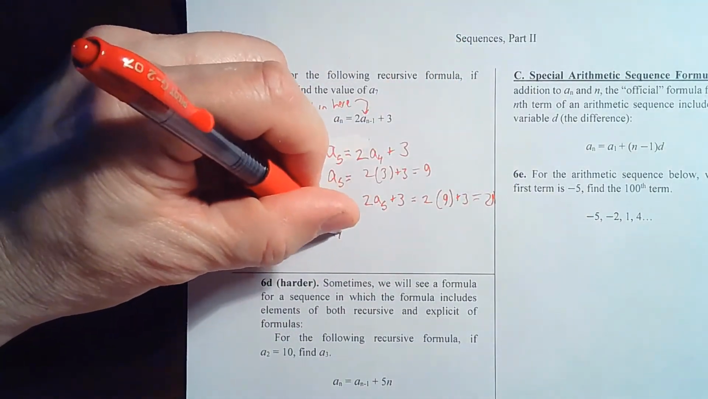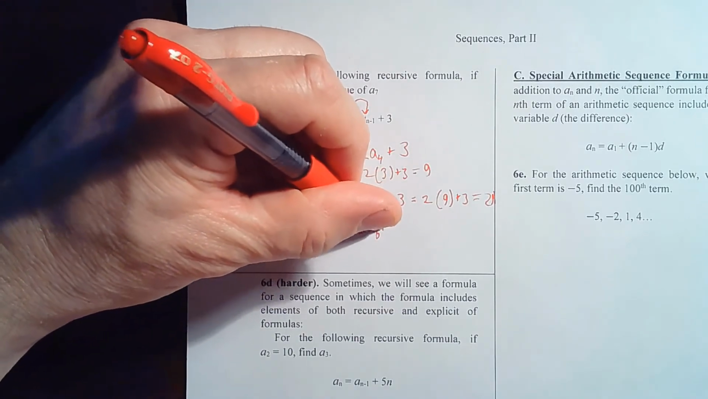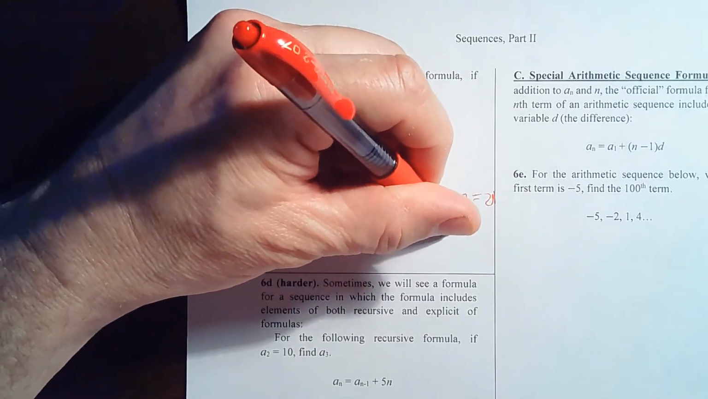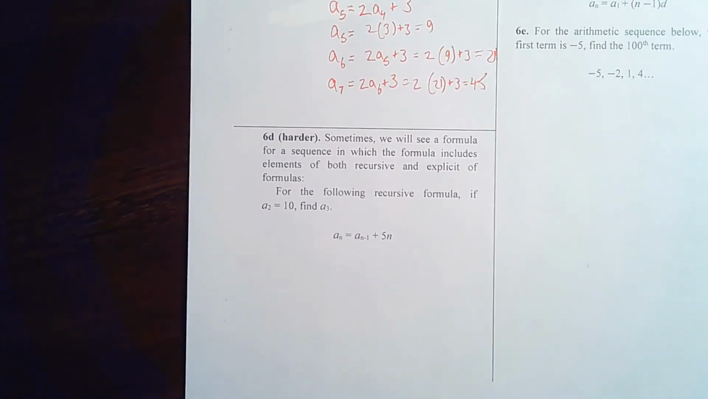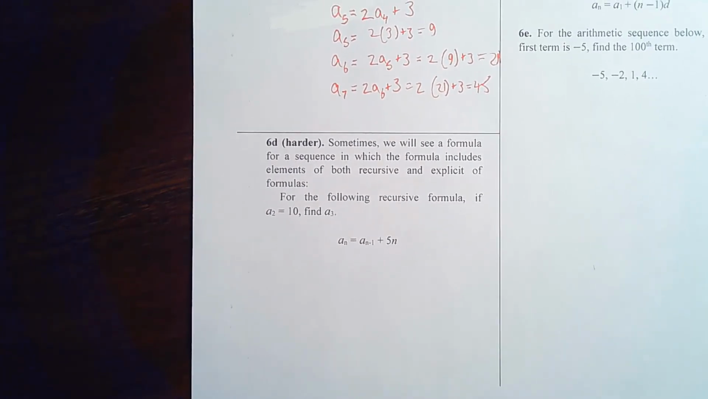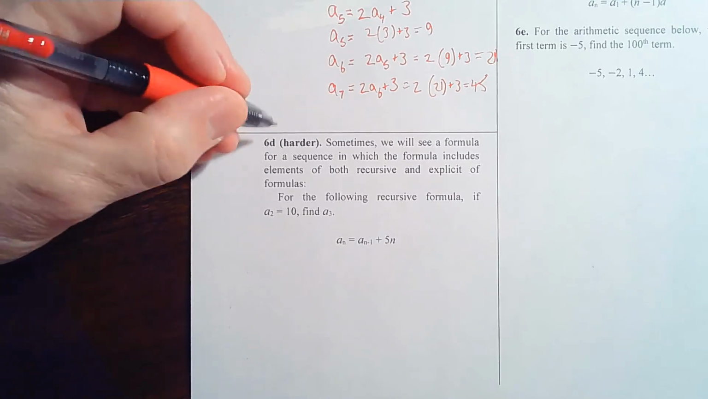And then to find the seventh term, which is our ultimate goal, that's equal to 2 times a sub 6 plus 3. So 2 times 21 plus 3 gives us 45. Now 60 is a little bit harder because it combines everything that we've been talking about here. So as it says, sometimes we'll see a formula for a sequence in which the formula includes elements of both